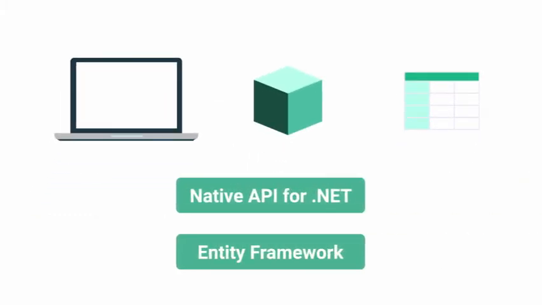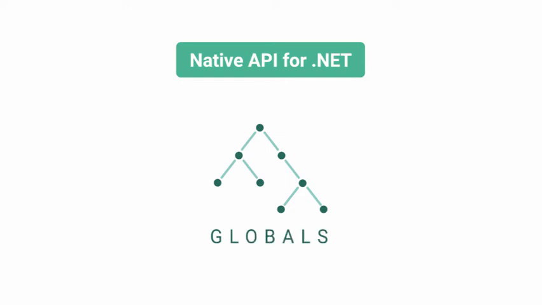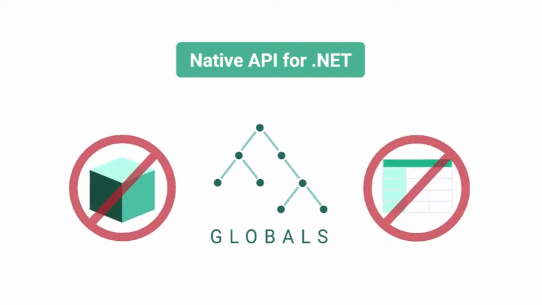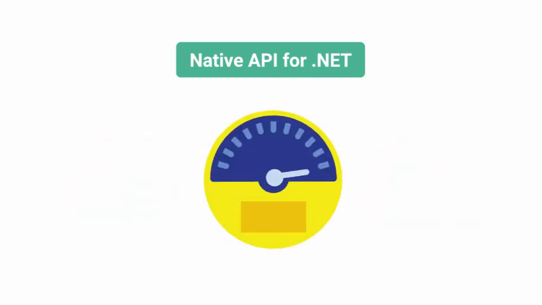Still, there are times when your application may benefit from using the remaining 2 APIs for .NET for InterSystems Iris as well. The native API for .NET can be used to directly access the underlying data structures in InterSystems Iris. These data structures are called globals. The flexibility of globals allows InterSystems Iris to provide multiple data models out of the box, and it also enables you to create custom data structures. While using the native API requires a thorough understanding of your data structures, foregoing typical relational or object-oriented access and directly accessing the underlying globals can enable you to increase your application's performance.